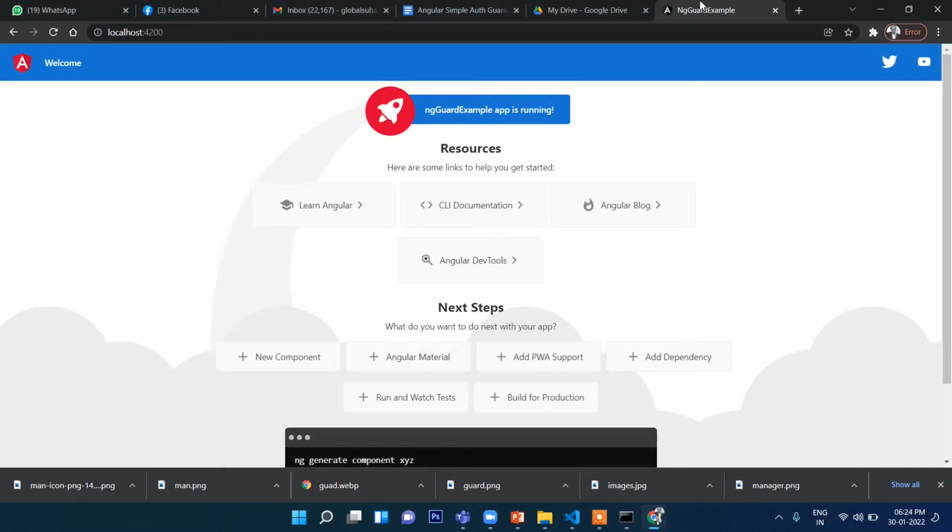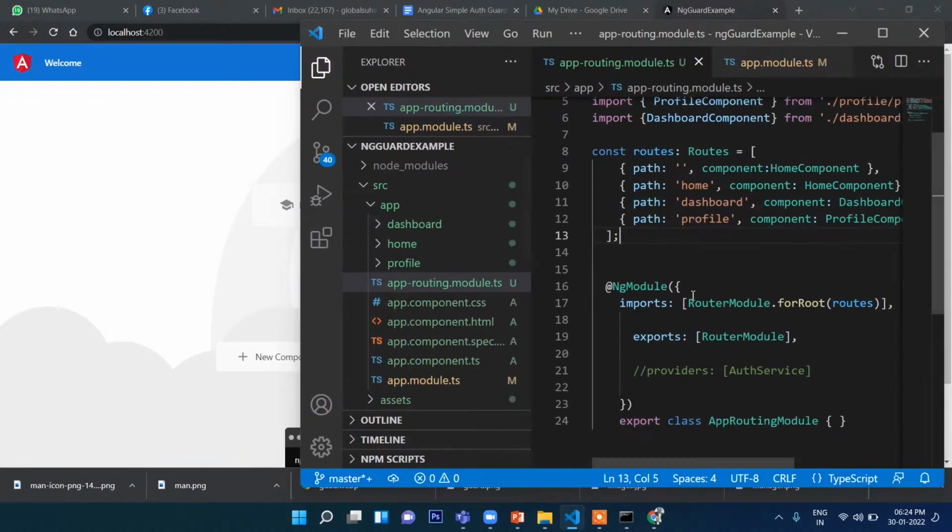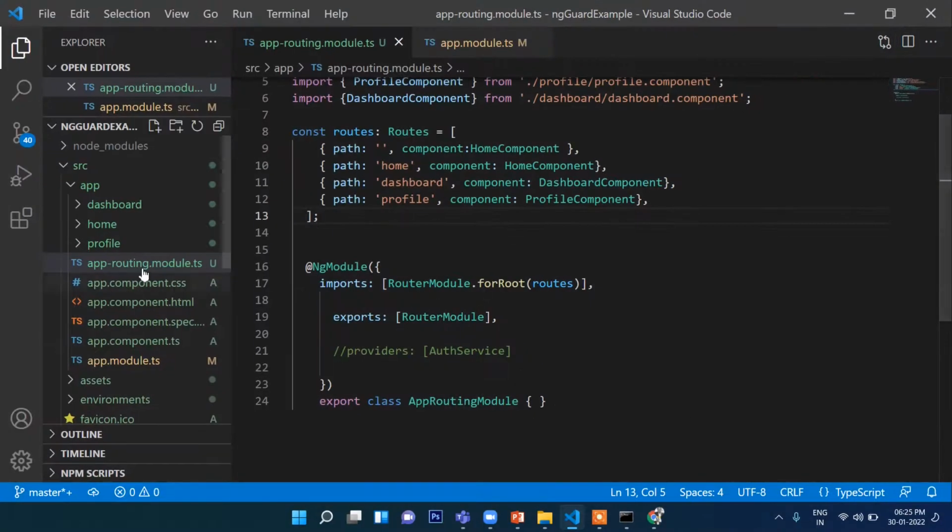Okay, now it has started. So what is happening here? Let me explain. Currently this one is being called, right? Yeah, and one more thing we need to write here in app component, here let's delete this